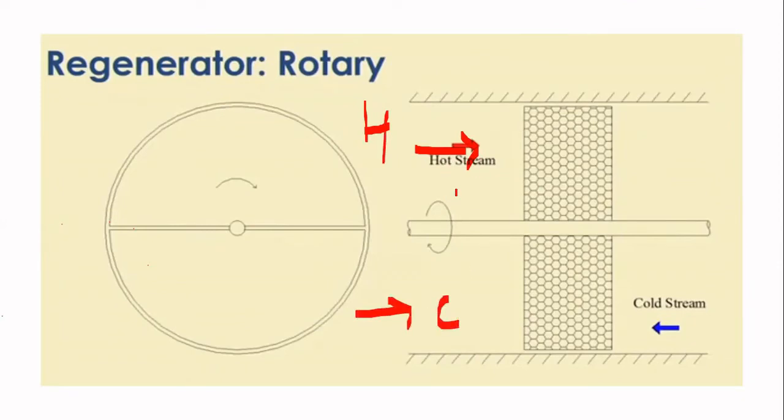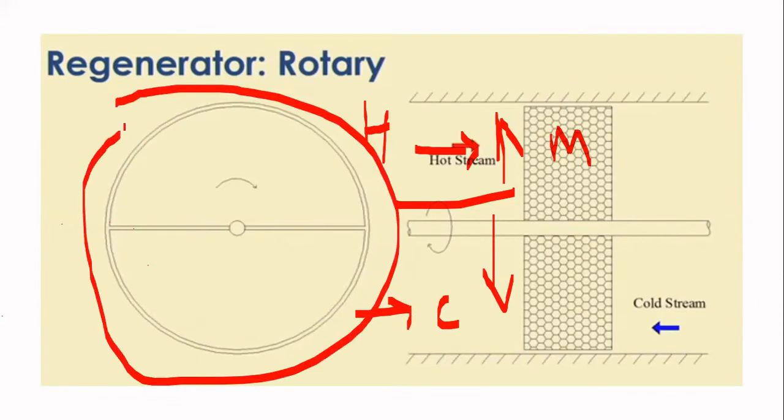But the thing is, the hot stream will be flowing on this particular side, and the cold stream is flowing on the other side. So the condition is there is no direct mixing of these two fluids. The fluids are flowing over this particular surface. Again, this surface is the matrix for us, and this surface is held on a shaft. It is cylindrical in shape. You can see that this is the sectional view of the matrix. It is held on this particular shaft and the shaft will be rotating continuously.